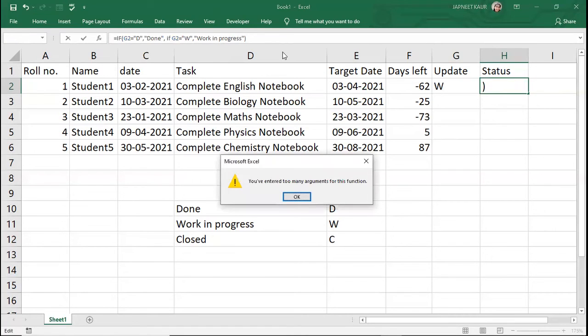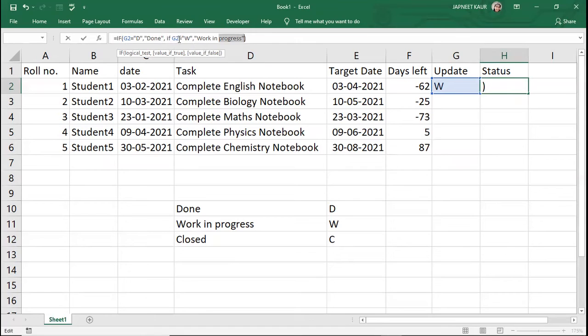Now press enter. So you have entered too many arguments, so there is some error. Let's find that out. So value, if it is false, it will run this particular thing again, and we have to start a bracket over here again. This is our problem. So if our G2 is equal to W, let's say, okay, work in progress.